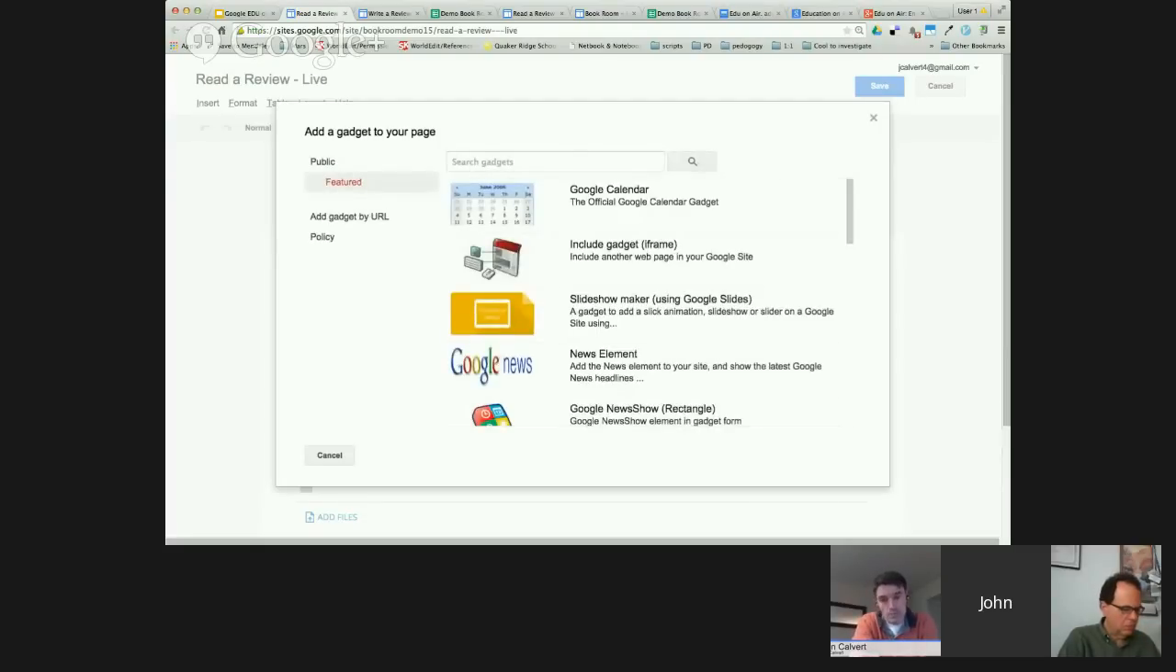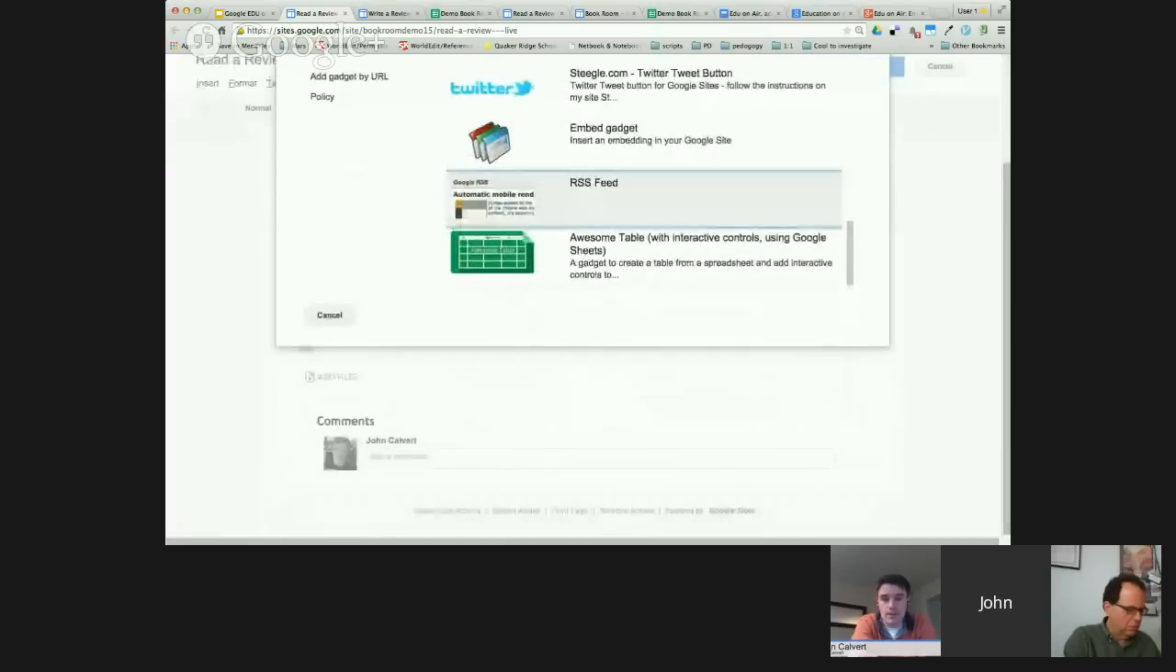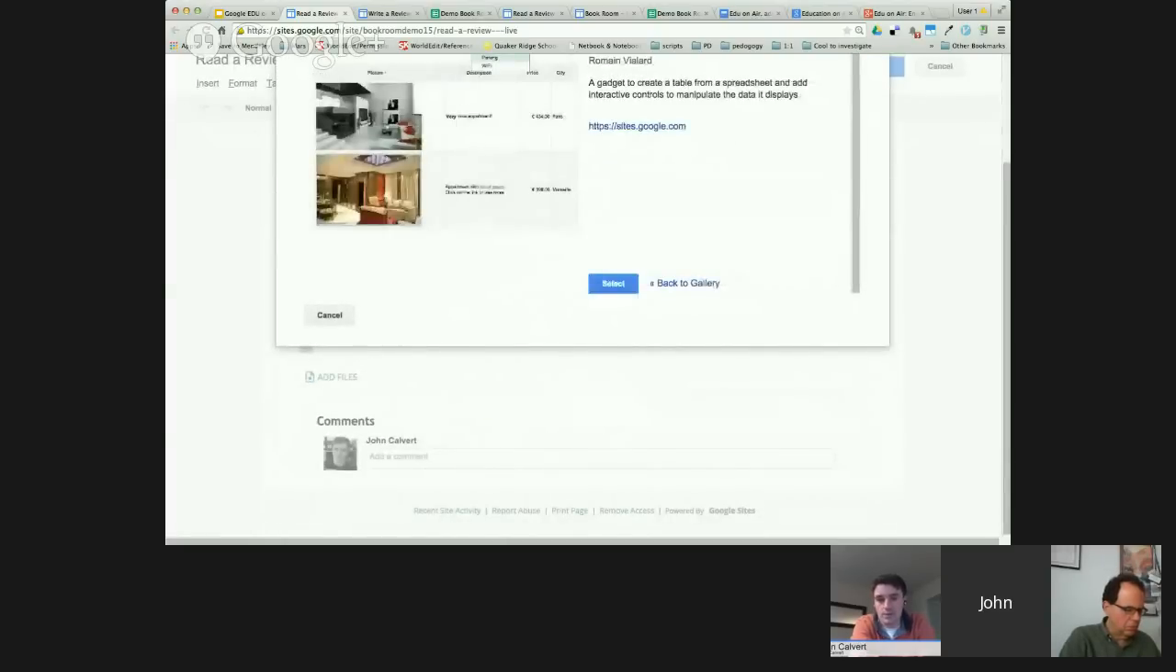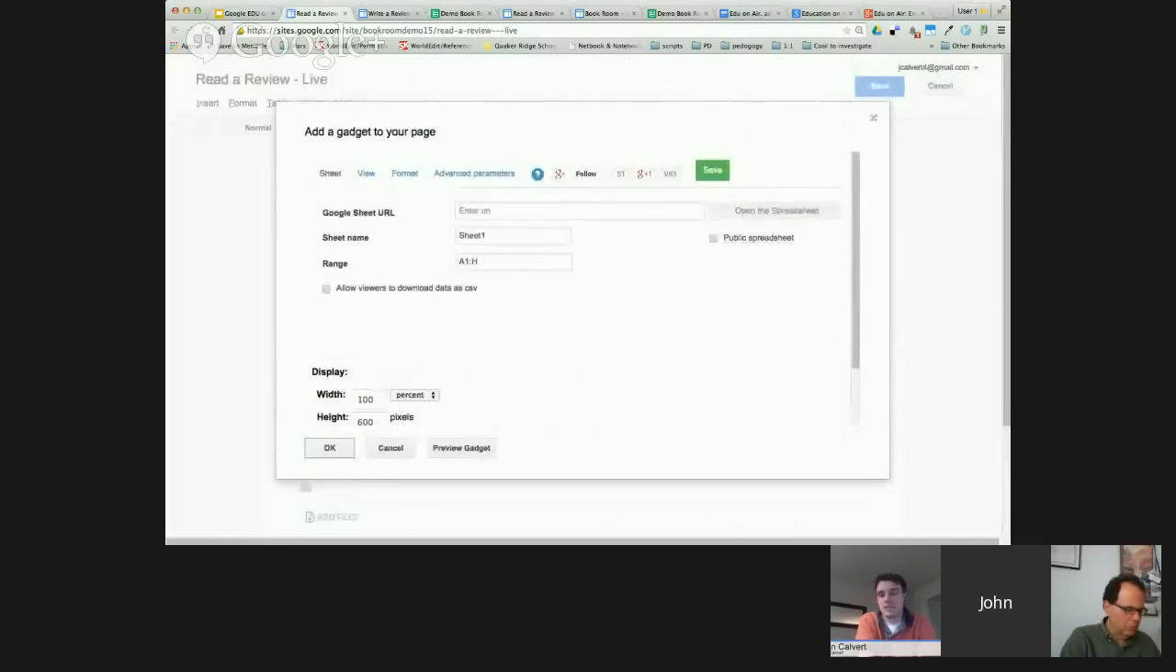Because Awesome Tables is so aptly named, Google has put it into the featured gadget list. So all I have to do is click Featured, scroll all the way to the bottom of that list, and Awesome Tables is right there. All right, so I'm going to click Awesome Tables and select it, and it brings me to my Awesome Table